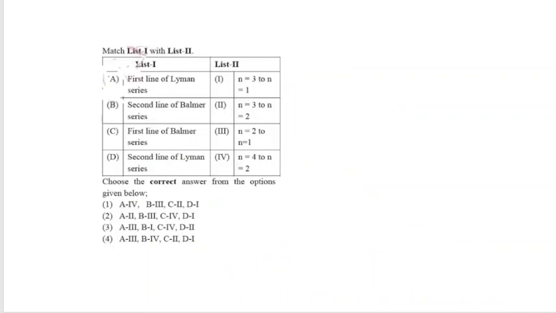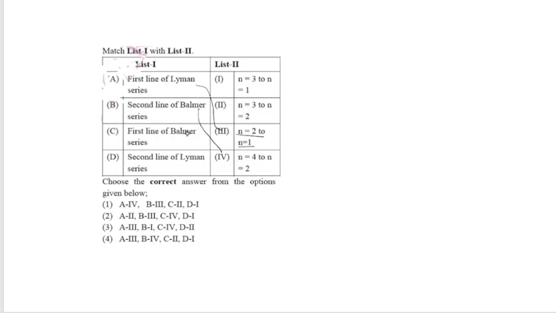It's a matching question based on the hydrogen spectrum. They have given simply the lines of different series, and they're asking us to predict the n values. Okay, Lyman series, if we consider, we know the transition is to n equal to 1. As it is the first line, definitely it is n equal to 2 to 1. So A is connected with 3, and the second line of Balmer series, n equal to 2. As it is the second line, n equal to 4 to n equal to 2 is the